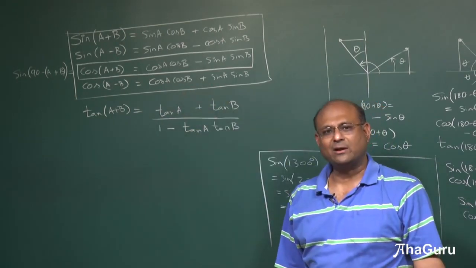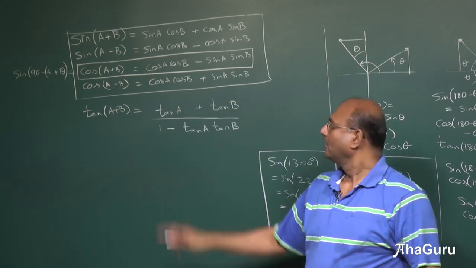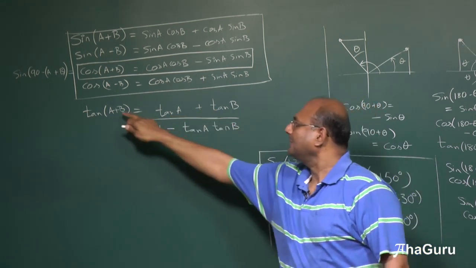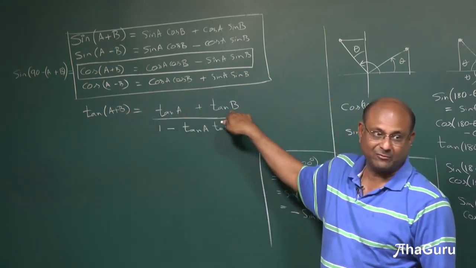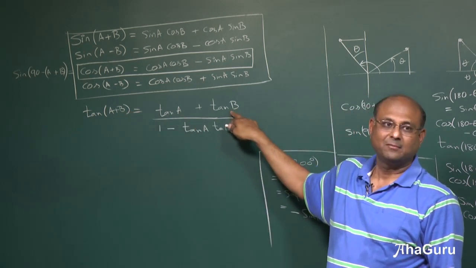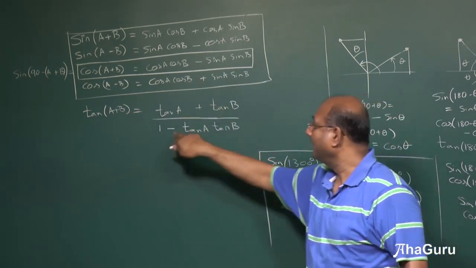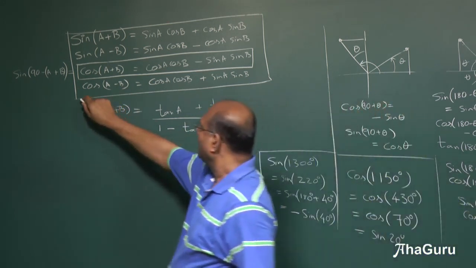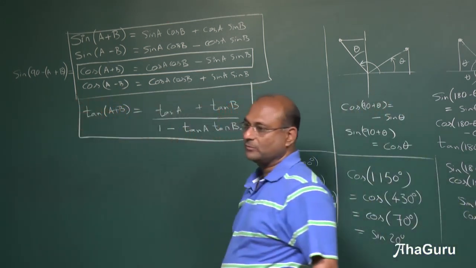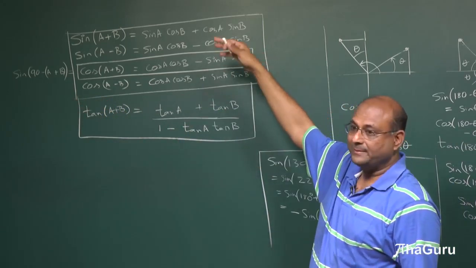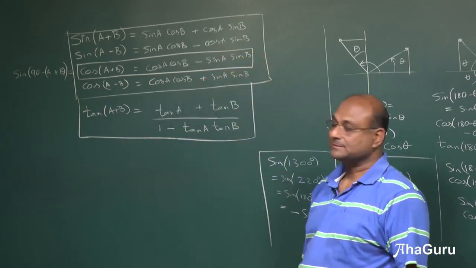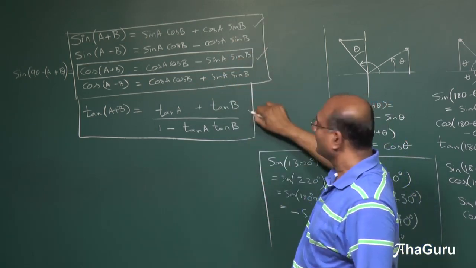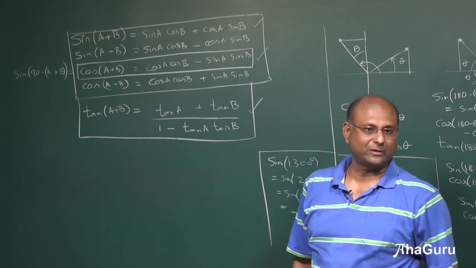What will be tan of a minus b? Tan a minus tan b by 1 plus tan a tan b. But you can just say, if I put a minus sign, I will get tan of minus b. But what is tan of minus b? Minus tan b. Minus of minus will become plus. So I am not writing that formula down, but you should be able to use that directly. Okay, so this tells you sin a plus b, cos a plus b, tan a plus b. Definitely remember these three fellows. And for the minus b, you can just simply substitute and get the minus.